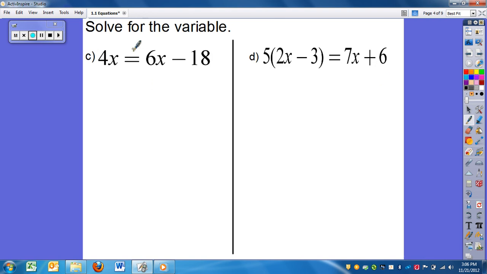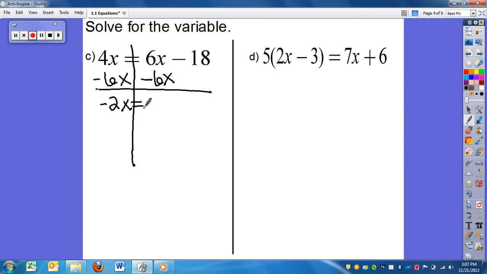In C, this is our first problem where the variables are on both sides. I need to move the entire term, and to do that, we're going to use addition and subtraction. The 6x is positive, so I'm going to minus 6x. You could move the 4x, however, it would cause you to do one more step, and students tend to get confused because you're left with nothing on the side, which is 0. So we have 4x minus 6x, which is negative 2x. 6x minus 6x is 0. So I have 0 minus 18, so negative 18. Divide by negative 2,